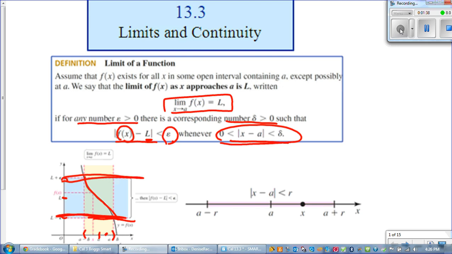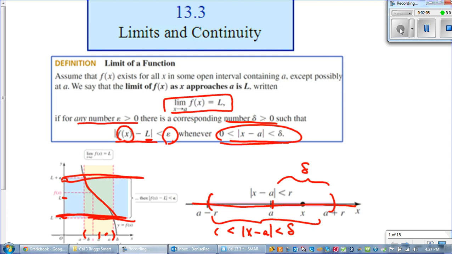Okay, so now when we were choosing our delta, we were looking at values along the x-axis. So we had A, and we wanted to make sure we stayed within some delta of the A. So this interval can be described as the absolute value of x minus A less than delta if we want delta to be this distance from A. And now positive just means that it's not A itself, it's around A. And of course, the absolute values will always be positive. So now,